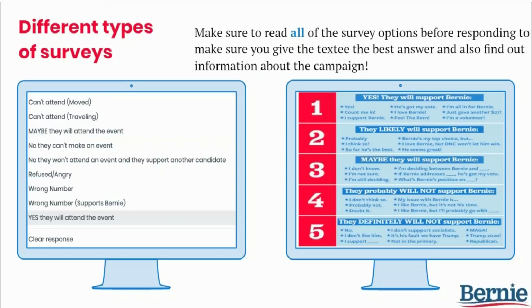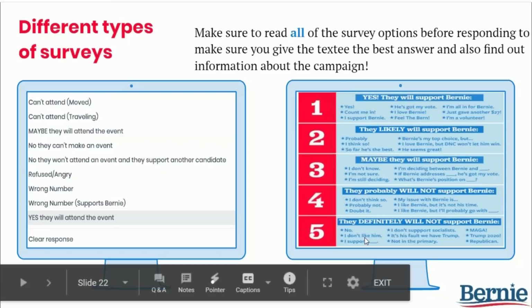On certain campaigns, we will be texting the voter file rather than just our supporter file to determine their level of support for Bernie in the primary. We have a voter ID scale graphic available in our texting team FAQ document that will help you determine between the different support levels. Generally speaking, when we're texting for these campaigns, our initial text will end with, "Are you in for Bernie?" If they respond with yes, or "Feel the burn," or "He's got my vote," you'll mark them as a 1 and we'll ask them to join us on our volunteer teams.